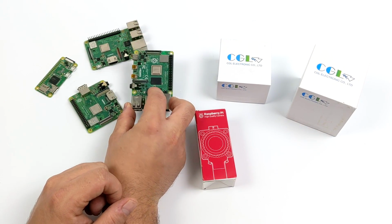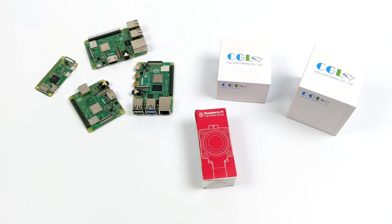And in this video, I'm going to show you how to connect your camera to the Raspberry Pi 4, set up the software, and then we're going to go over the quality of this camera. I do want to take some test photos with it, but before we get started, I do want to mention